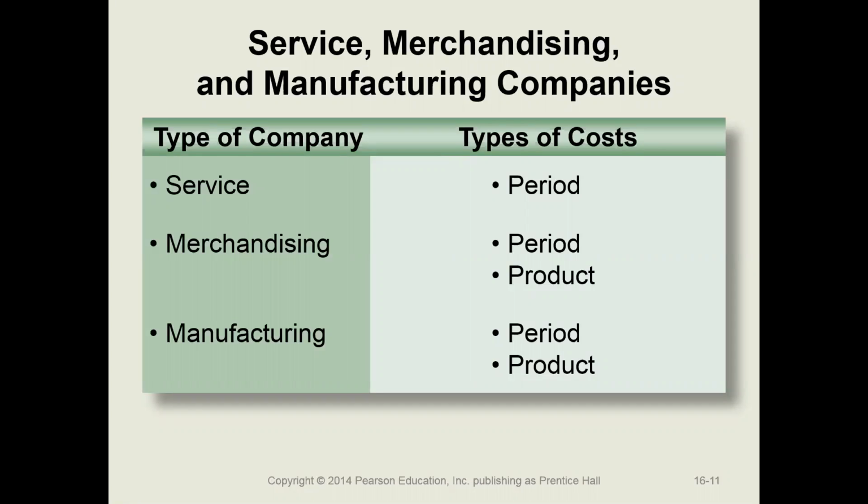So how much of the labor goes directly into the product, how much materials go into a product, that's product cost. But they also have elements of period costs. Certain costs we can't trace directly into a product. And again, we'll see that in a subsequent chapter. So certain costs we just keep track of by period. So by month, how much did we spend on electricity, for example, for the month? So certain costs that can't be traced directly to a product are kept track of as period costs.